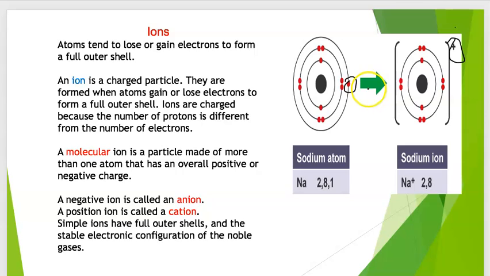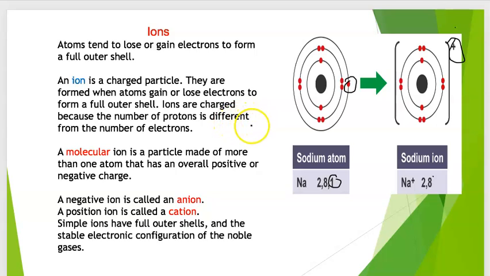So a sodium atom has 11 electrons. It loses the one outer electron and becomes 2,8, in which case it will have a full outer shell. So atoms become ions when they lose 1 or 2 electrons from their outer shell in order to obtain